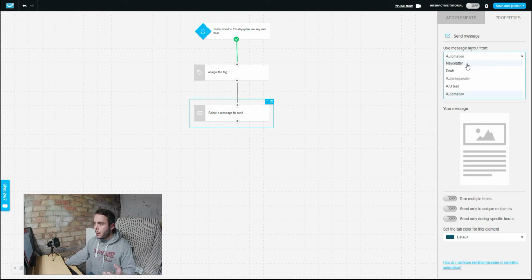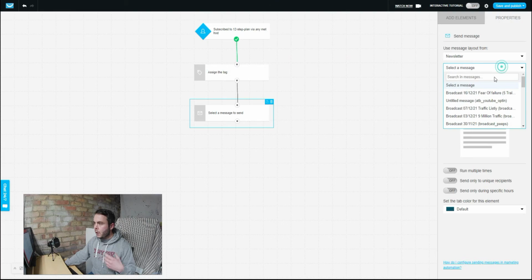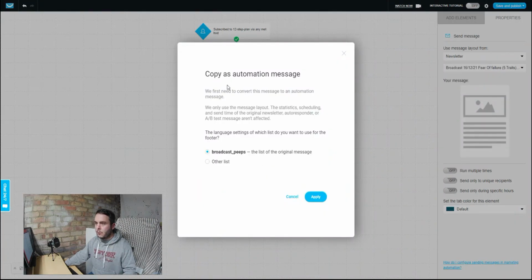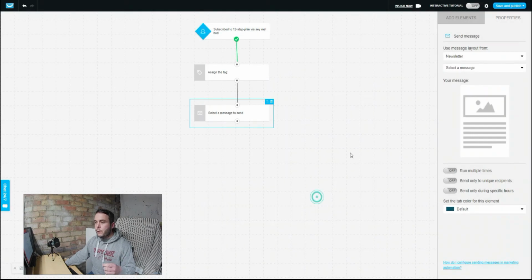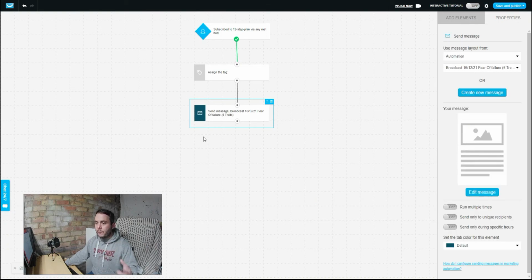So if I show you quickly, if I go over to newsletters, I can select all of my newsletters that I've used in the past, and if I click on them, it will copy that email over into your automations. So when you do that, you have to remember the vital part here that people forget: if you go back into your normal Getresponse account out of this automation and you go into newsletters, you see there's a link missing or whatever in this message here,